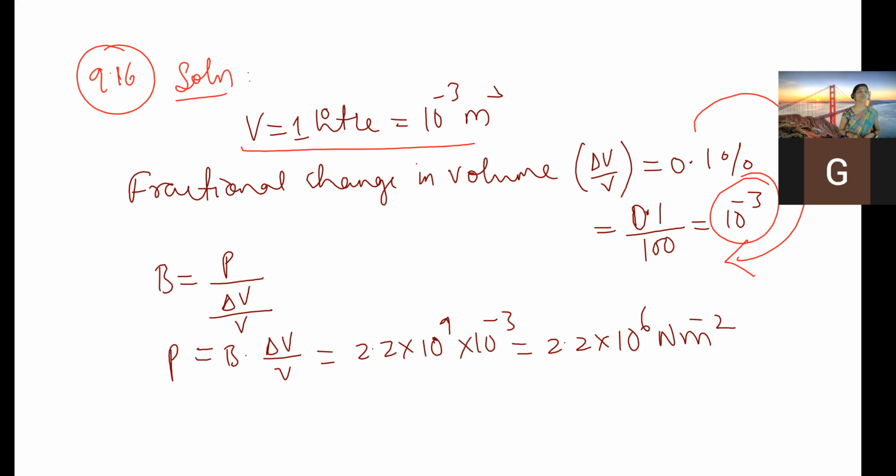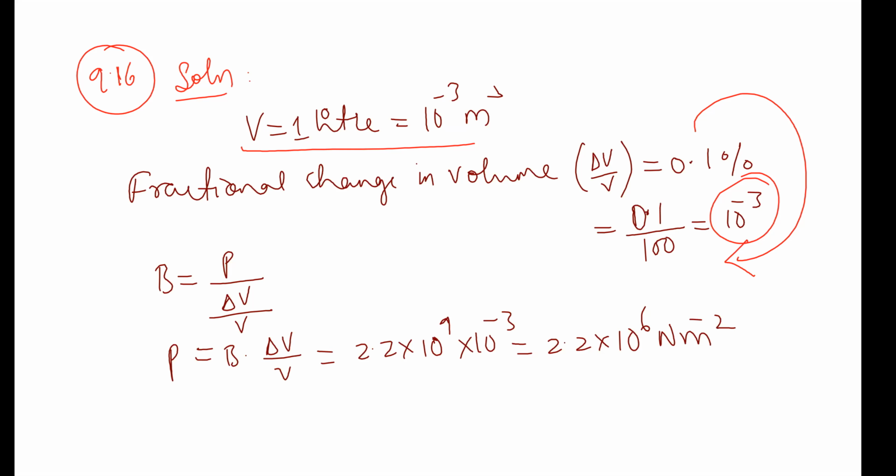So we know the formula, bulk modulus is given by B is equal to P divided by delta V by V, where P is pressure and delta V is change in volume, V is the initial volume. So we know that one. So from the bulk modulus formula, so just we converted that one. So B is equal to P divided by delta V by V. So from this, just exchange the terms.